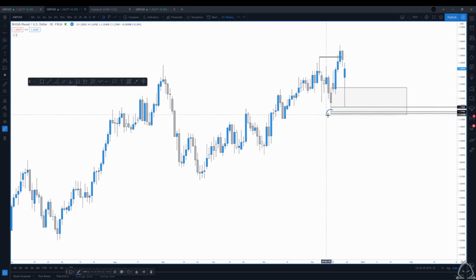So if we were looking to enter here, this would be our entry number 1. And now we're looking to enter here, which would be entry number 2, which we have a more confirmed trend. Although, of course, we already have that confirmed trend. So this just solidifies that a little bit further. So now let's jump back down